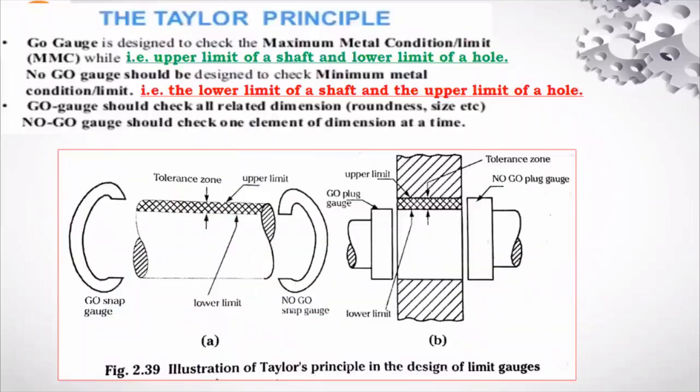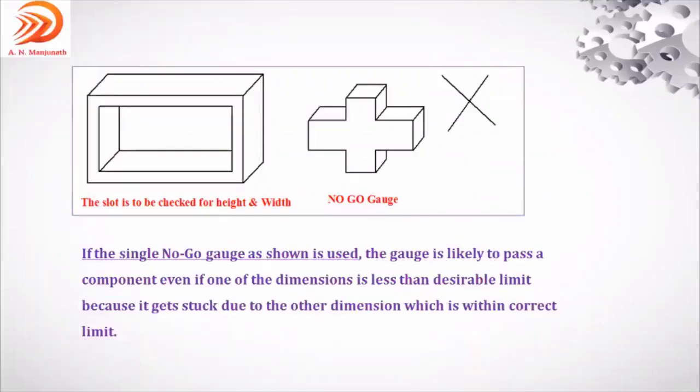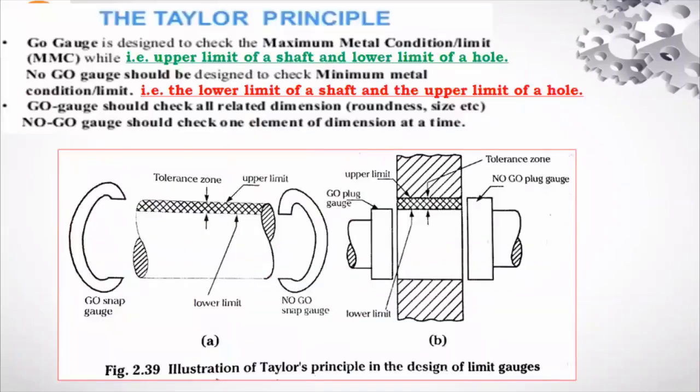Any doubt till now? Is this understood? Yes, sir. Go gauge, no-go gauge. This is there in the PDF file also, in the WhatsApp, what I shared yesterday. Please go through it. Still, if you have doubts, ask in the next class, or else ask in the WhatsApp only. I will respond to you.